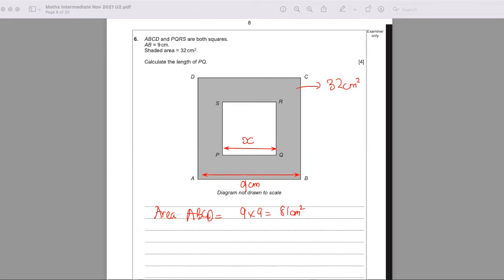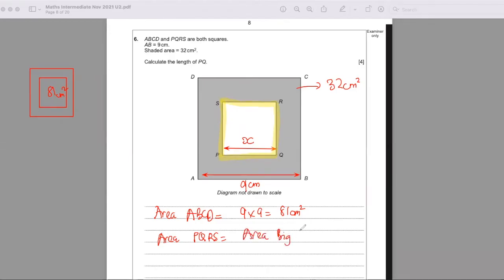Now, if I remove the shaded area, which is 32 centimeters squared, I would get the area of PQRS. I'm going to highlight that for you so you can see it, the area of this square here,